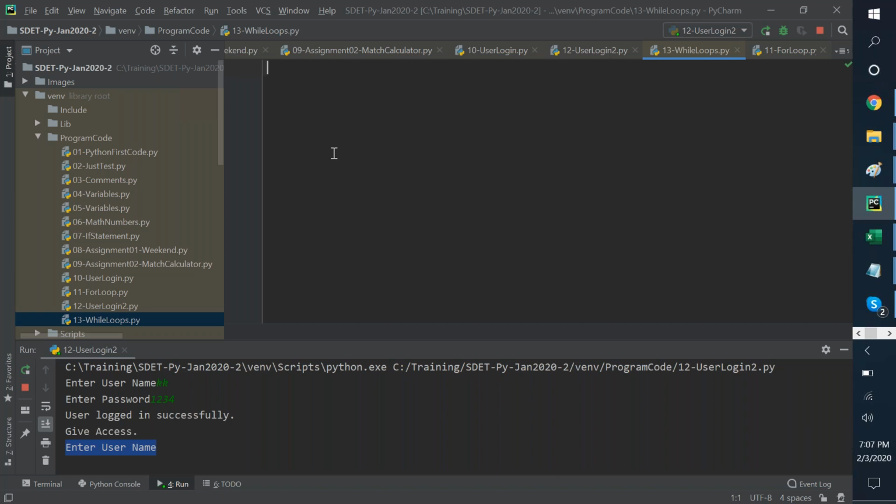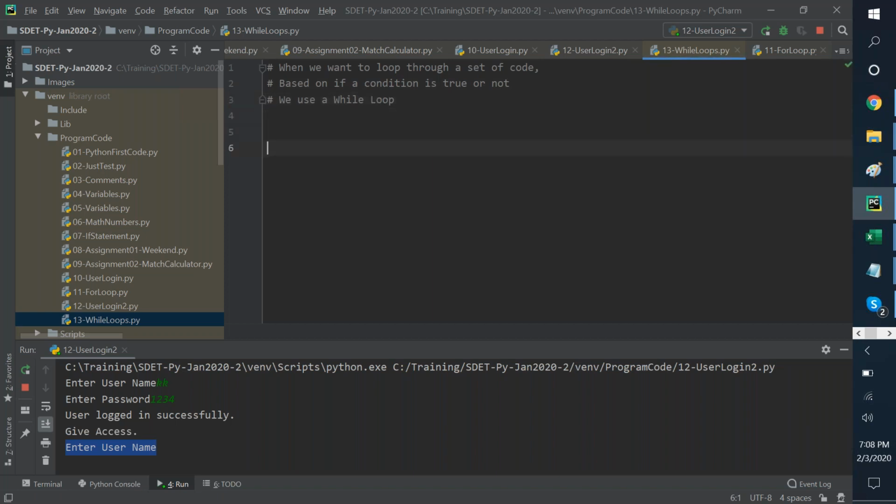What do I want to do? So 13, while loop. Okay. When we want to loop through a set of code based on whether a condition is true or not, we use a while loop.